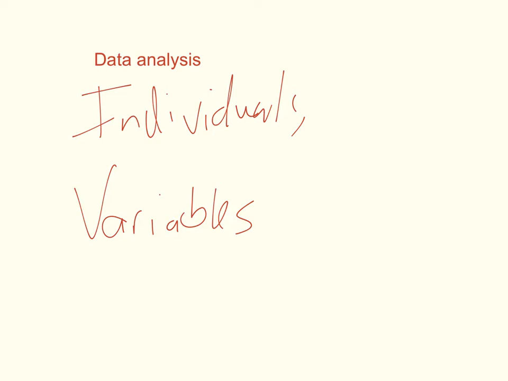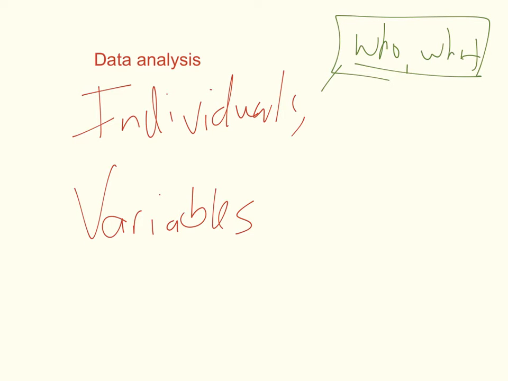When we talk about individuals, we're talking about who or what are the subjects. Some of you, back in English, remember thinking about the who, what, when, where, why, how, starting with really the who and what is being collected data upon. Once we do that, then we can start talking about the different types of variables. And our two big categories of variables are